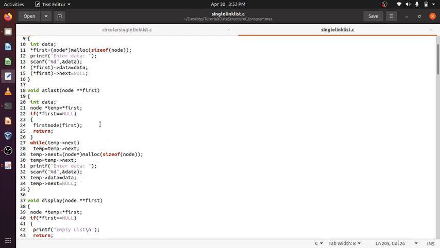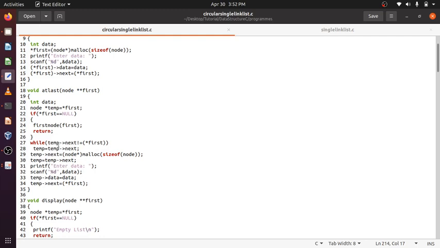Here we are traversing while temp next not equal to null, but here I will be traversing while temp next not equal to first, because the last element will no longer be null, it will contain the address of the first node. The last node will contain the address of the first node. Temp equal to temp next.